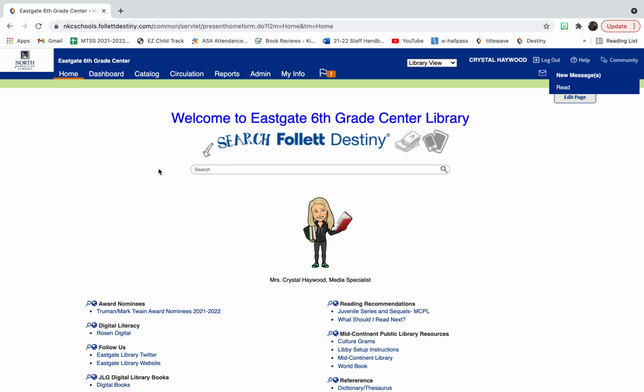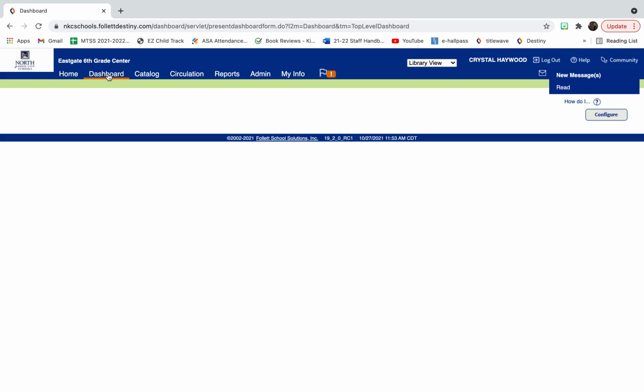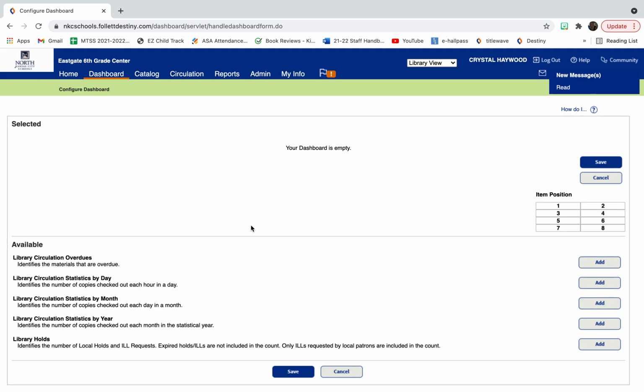In this tutorial, I'm going to show you how to customize your dashboard so you can easily and quickly identify overdue books. This is the most efficient way that I have found so far to identify books that are more than $10, so you can easily and quickly spot those, change the price, and then do your overdue notices. So if you come into the dashboard tab at the top and then click on configure,